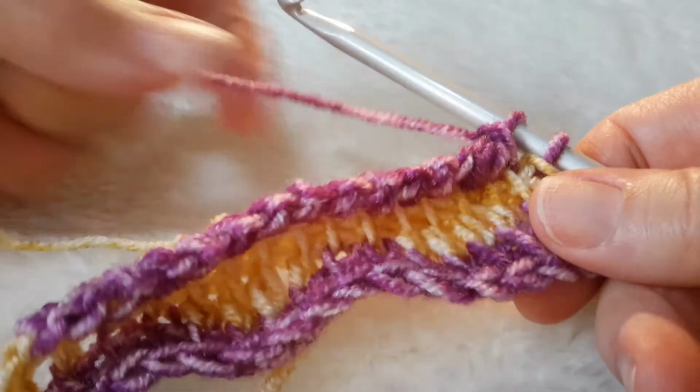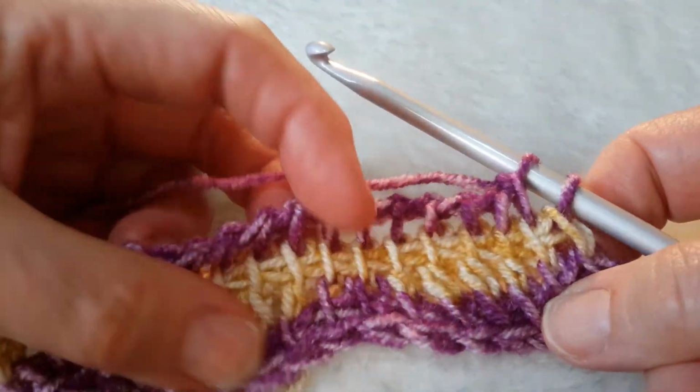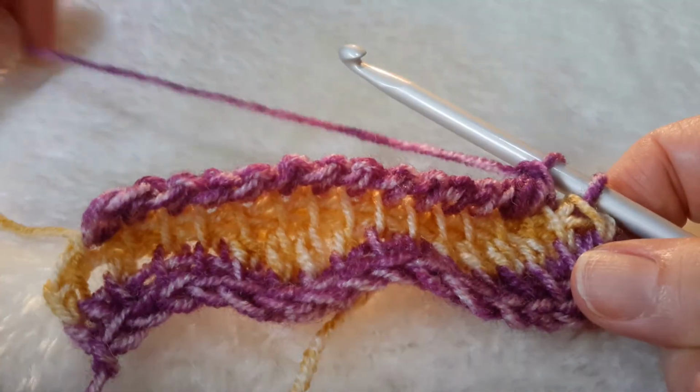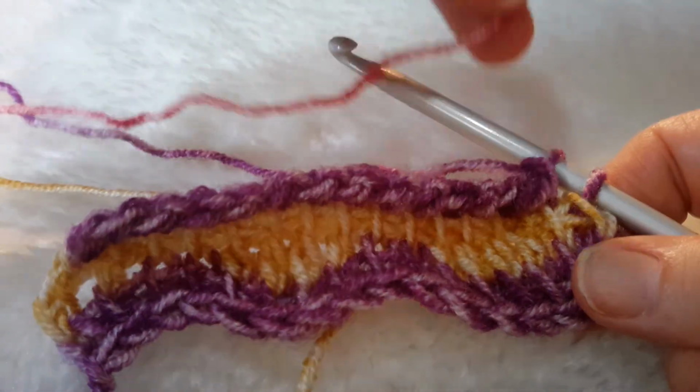Yeah, done the standard return pass, and I'm now going to bring in the third colour. So this can get a little bit hairy, but you have to have good colour strand management when you're doing this. So here comes the third colour. Yarn over,